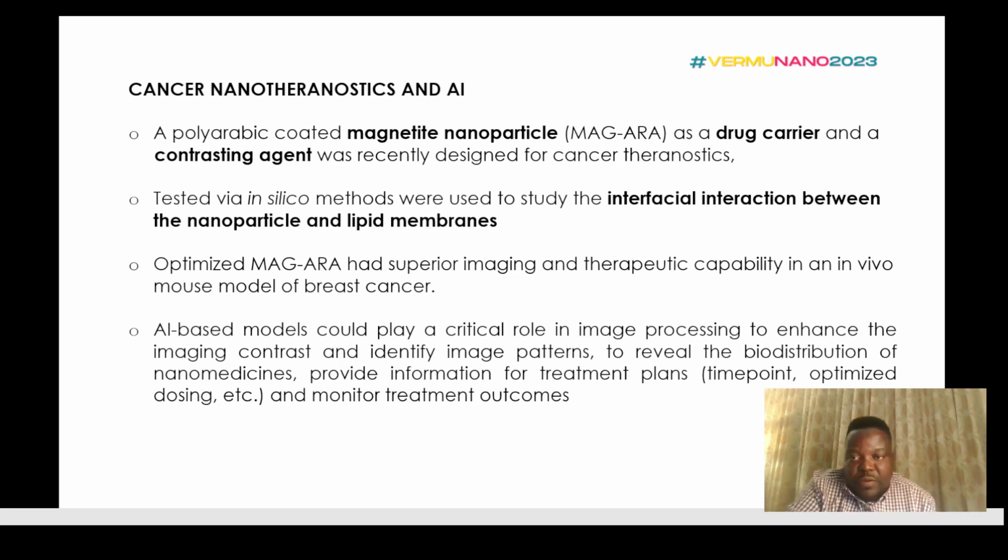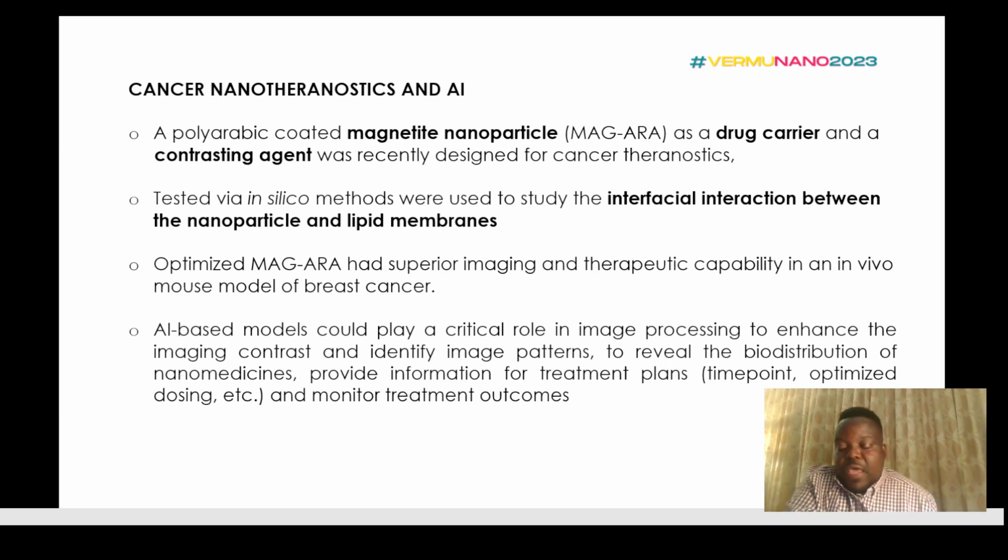The cancer nanotherapeutic and AI. Other studies show the use of magnetic nanoparticles as a drug carrier and also a contrast agent, recently designed into cancer diagnostics. It was tested via the in silico model, and we used it to study the interference between the nanoparticles and lipid membranes. Such results will play a significant role in terms of imaging and therapeutic capability in vivo in a mouse model